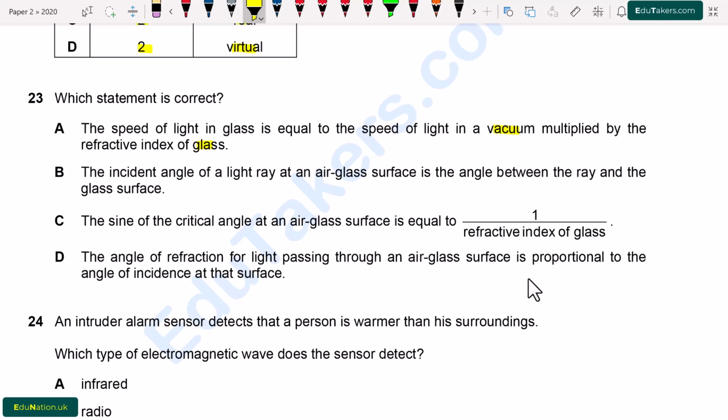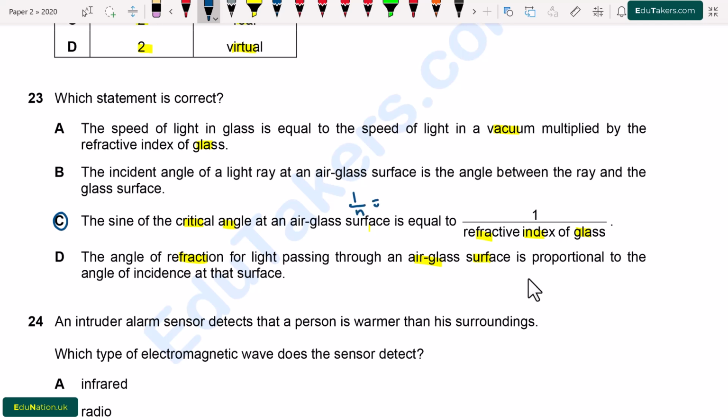C. The sine of the critical angle at an air-glass surface is equal to 1 over the refractive index of the glass. D. The angle of refraction of the light passing through an air-glass surface is proportional to the angle of incidence at that surface. So from here, option C is correct,